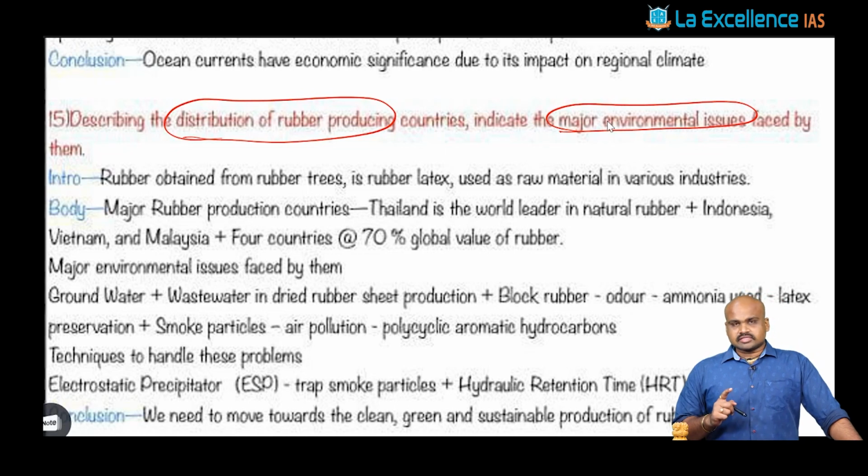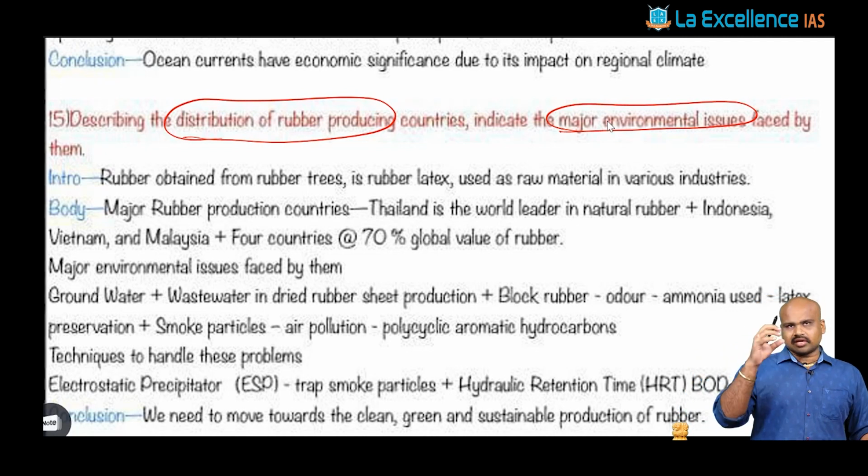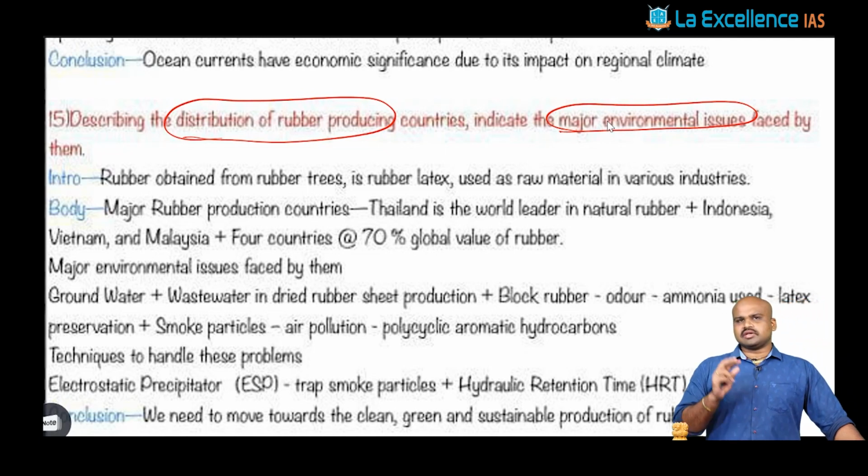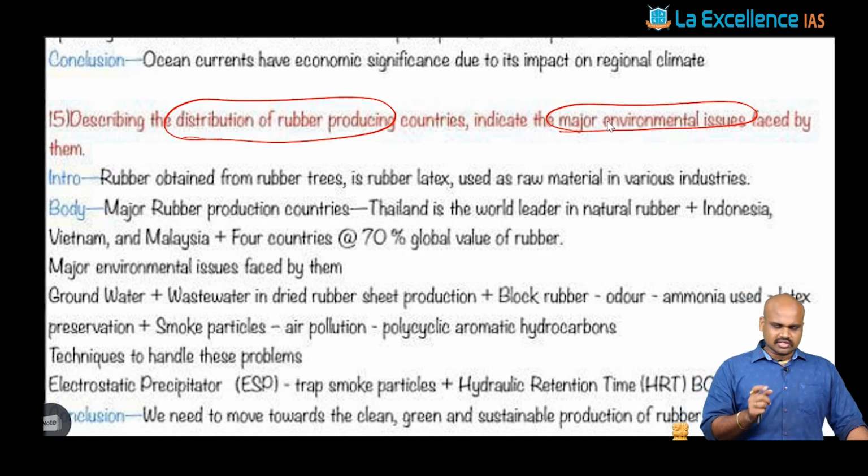Right? That means it is indirectly showing that there has to be development, and necessary measures have to be taken to flourish the rubber industry with environmental consciousness. It is fundamentally talking about a sustainable rubber industry, that is environmentally sustainable as well as economically sustainable. That is the idea that can be seen in this question.